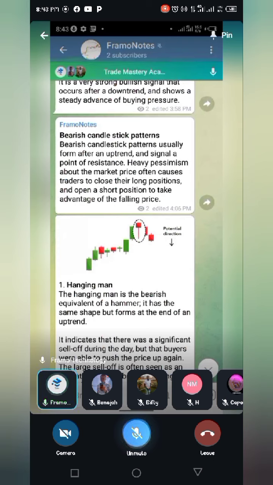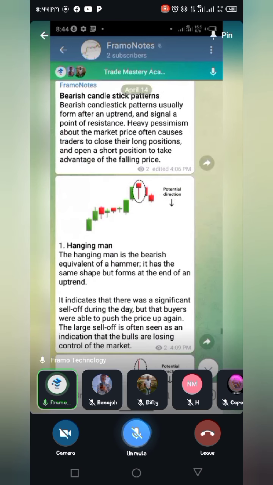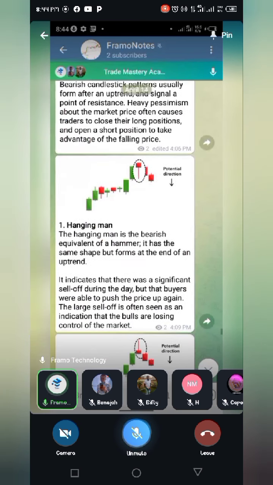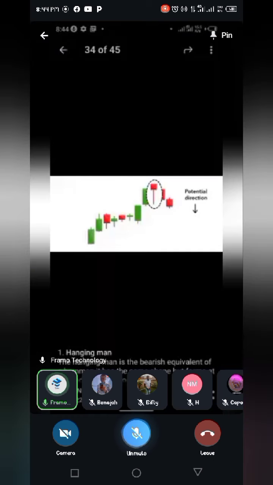And also, whatever we learn from the bullish patterns, we are going to see the opposite of them in the bearish patterns. So we have seen the first opposite, which is where they are formed, top and bottom. Now in the bullish patterns, we saw hammer. Now here we have the same hammer, but then we call it hanging because it is formed at the top of the